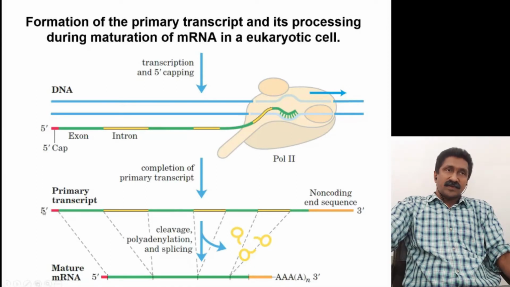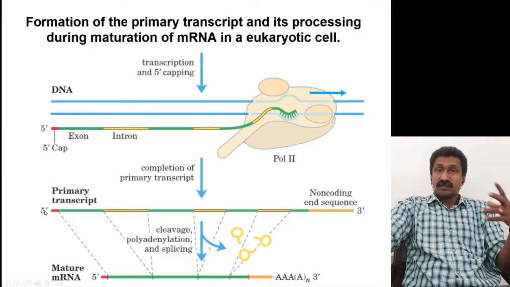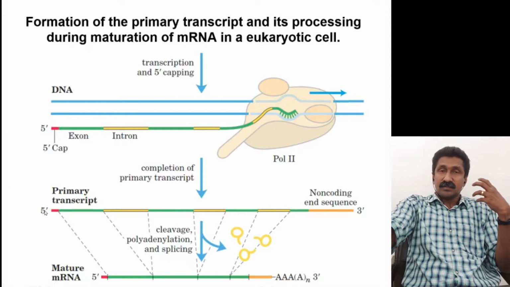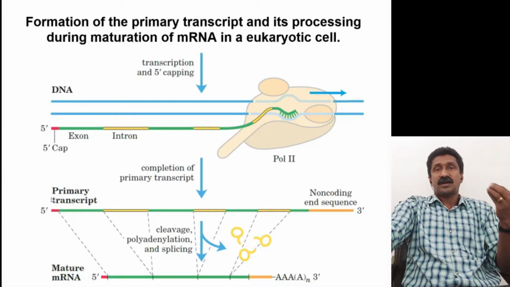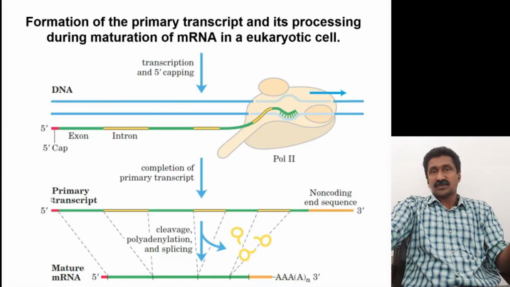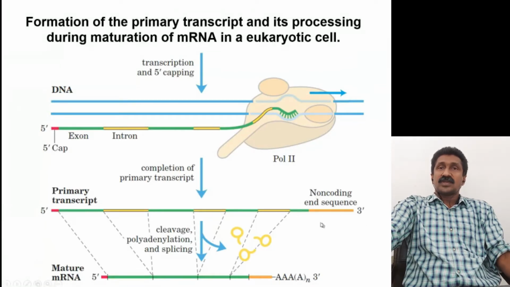Then a 5' cap is attached at one of the ends. The production of the 5' cap is a part of the post-transcriptional modification which occurs during the transcription process, which is an essential part of eukaryotic transcription. And at the end there will be some non-coding end sequences,